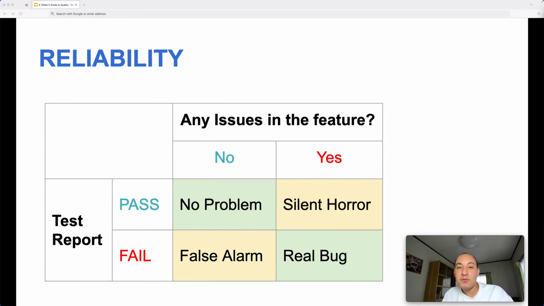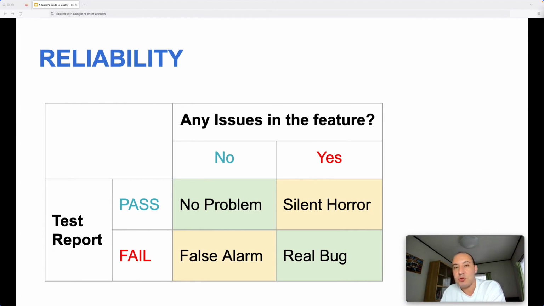On the other hand, if the feature is not working well, which means it is not working as expected, but our test case is not failing, in this case it is not reporting a bug or a failure, then it means we will have a silent horror case, because there is a vulnerability, there is an issue in the product, in the feature, but our test case is just passing. So we will not be aware of this issue, and maybe we will let the release candidate go to production, and we will have the issue in production.